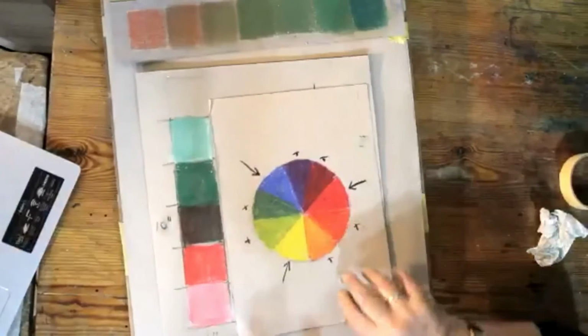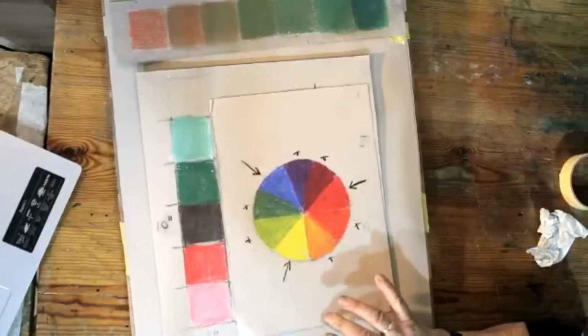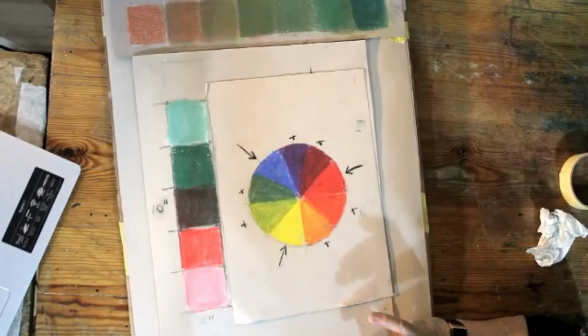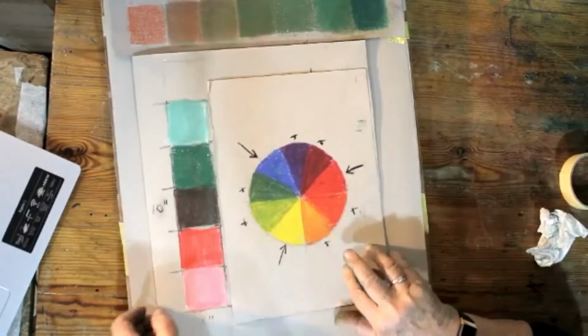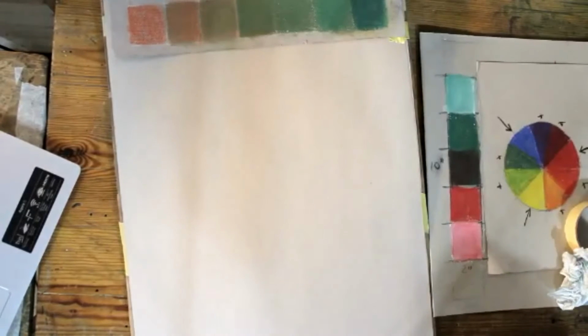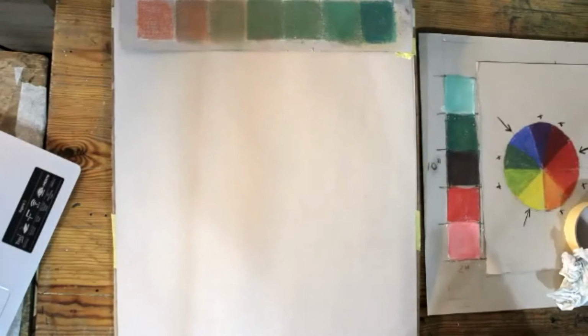I think now's the time. If everybody's done their scale, has anybody not finished their scale? Good, marvelous. Okay, so put your scales to one side, and I've got at the moment my board in